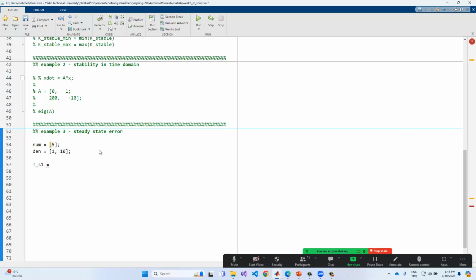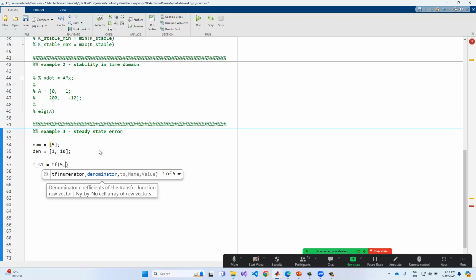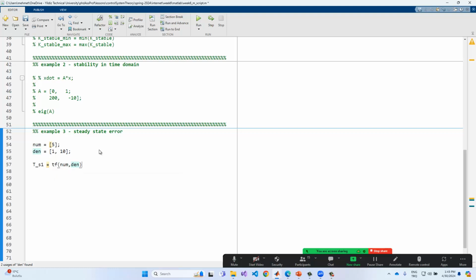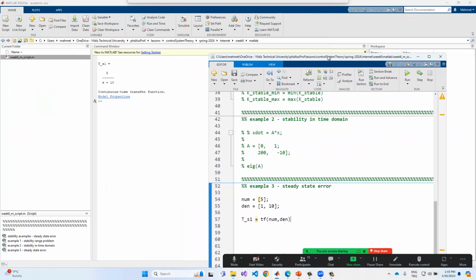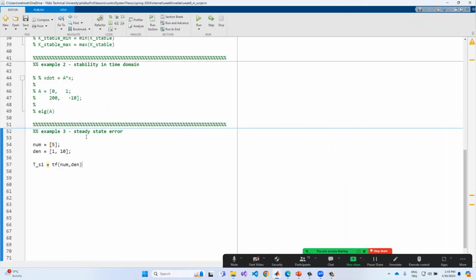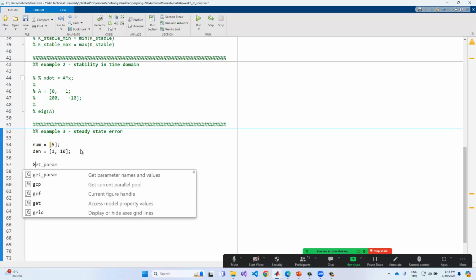This is the first system, and TF, and so 5 and 1, the num and then. Okay, these are systems. And so if I run this code, we have the 5 divided by s plus 10, or we can generate the GS1